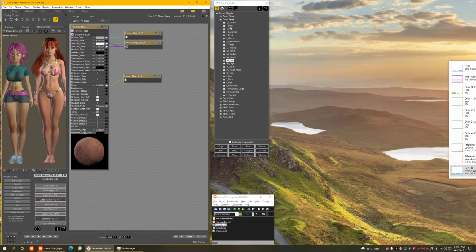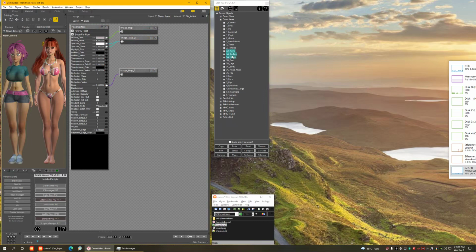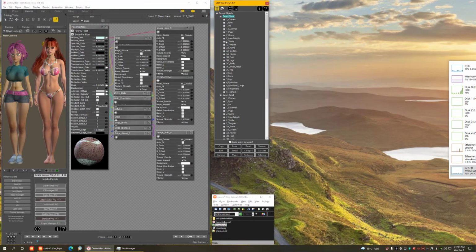If I, on the other hand, select only these arm materials, let's copy it. And if I paste it over another figure, it's going to look for the material zones, try to find matching ones, and apply them only to those. Let's do that here on Nami. Only the arms, and you see that only the arms have been replaced, meaning that the paste is smart. It's intelligent. It checks what was copied, then it analyzes where you're pasting it, it does some thinking, and does